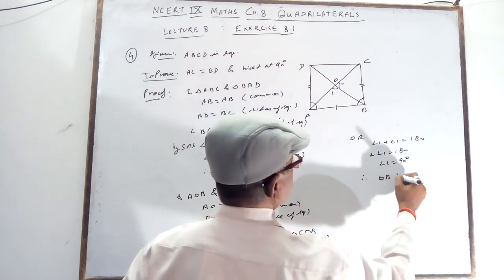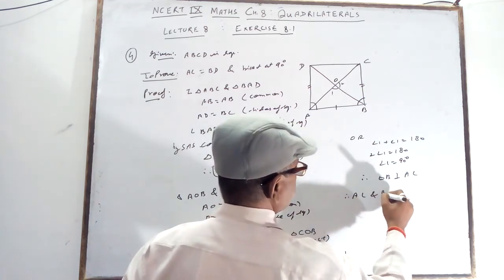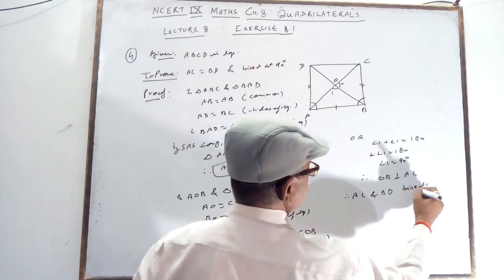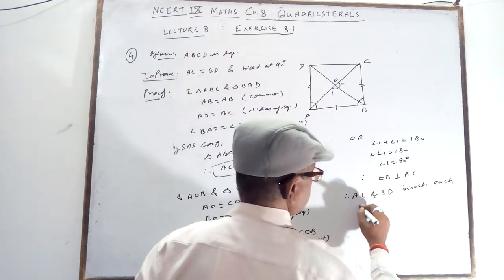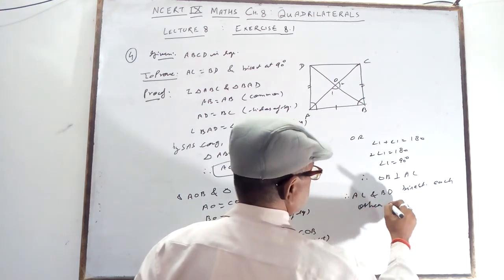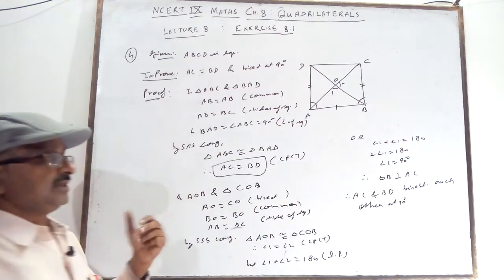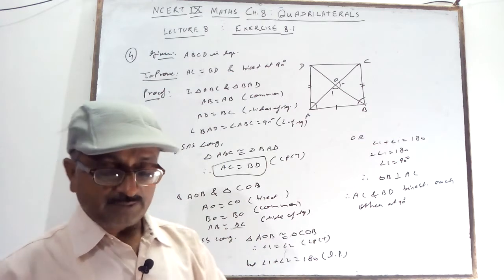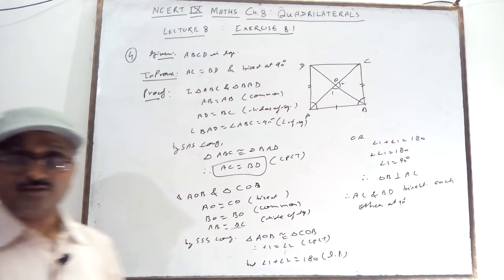Therefore, OB is perpendicular to AC. So AC and BD bisect each other at 90 degrees; they are perpendicular bisectors of each other. So the diagonals of the quadrilateral...